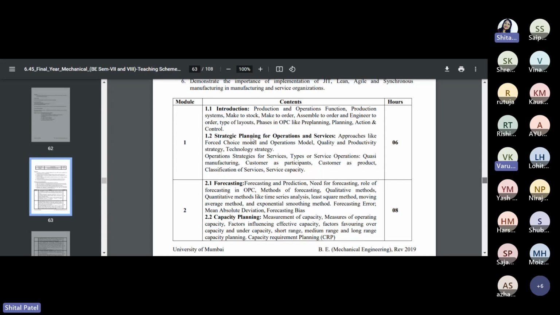Now understand the meaning, right? Illustrate means you need to explain the types of layouts with the help of examples, right? Okay. Then the next question can be the phases of OPC that I have already explained in the slides, right? Which I have shared with you. Explain the phases of OPC